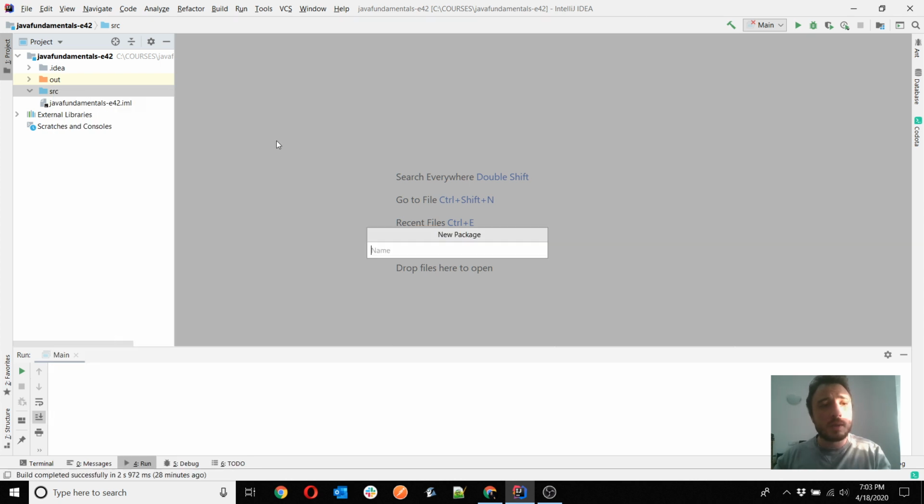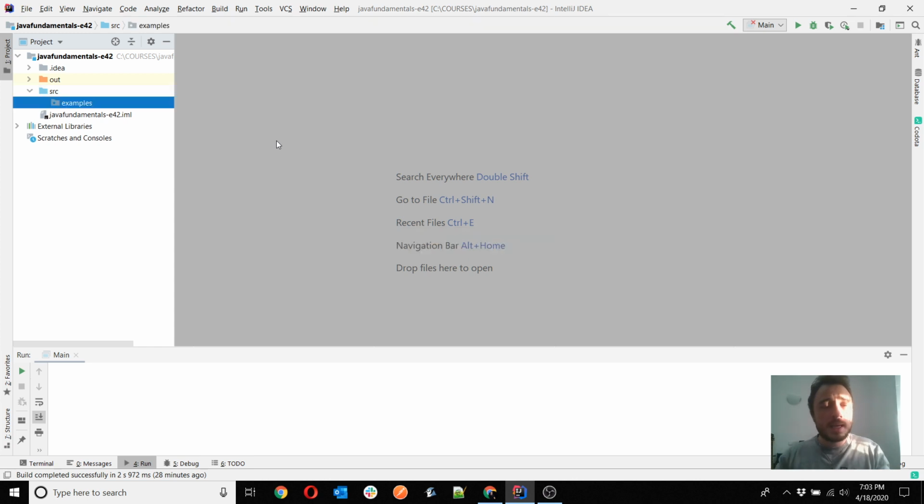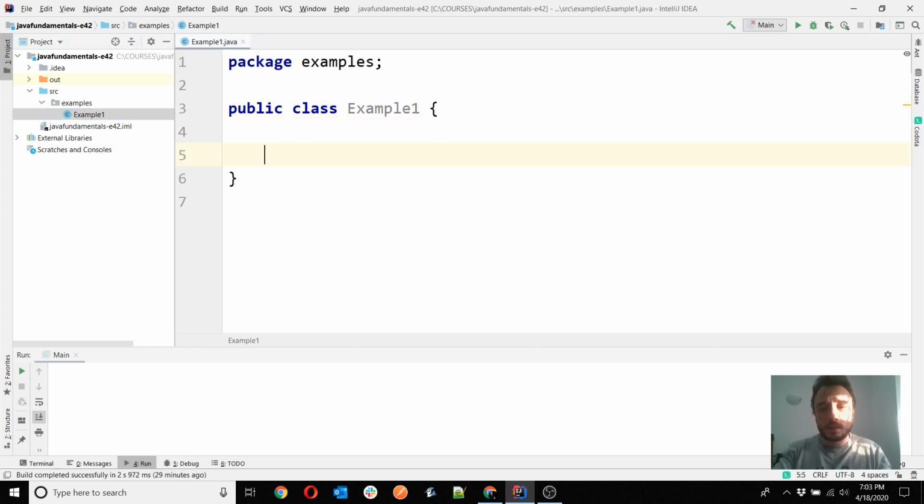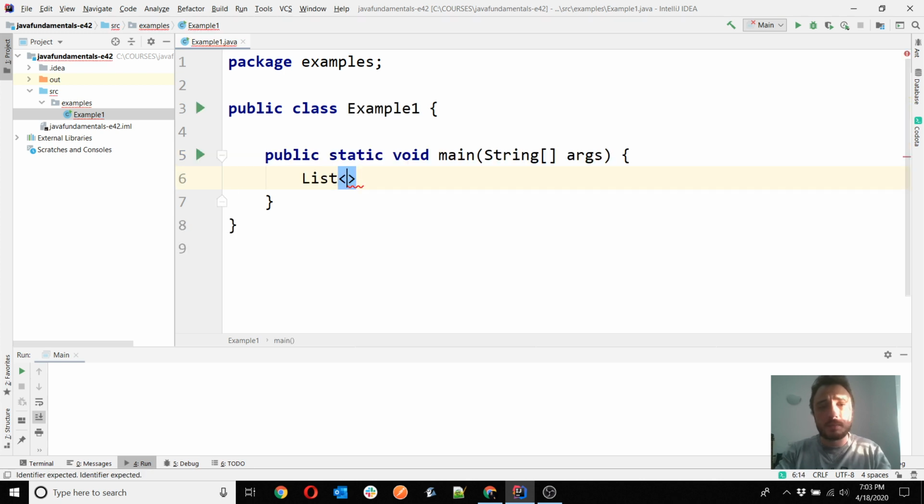I will create a new package, examples, here. Let's start with the first example to discuss the collectors in general, and then the toList collector, the toSet collector, the toCollection, and then the toMap as well. So we have four collectors for the beginning, all related to collecting elements from the stream into a collection. Then we discuss some other collectors like joining, mapping, and so on. So in example 1, in the main method, to make it simple,